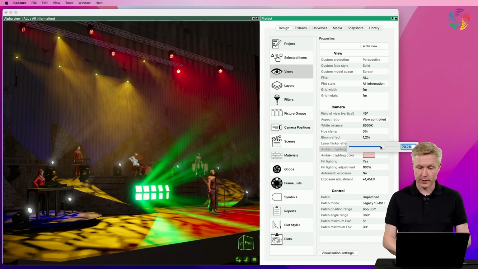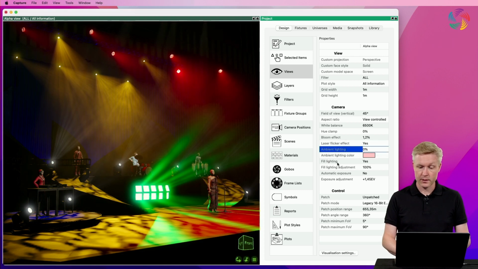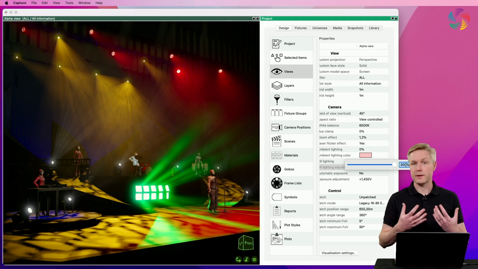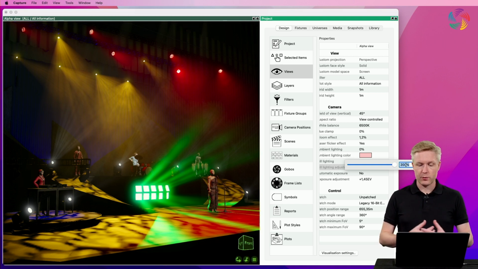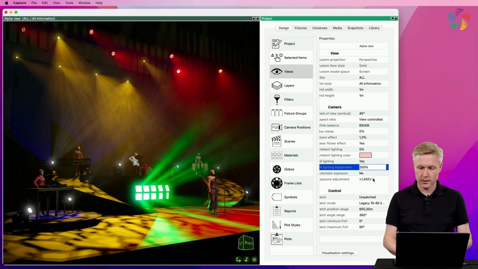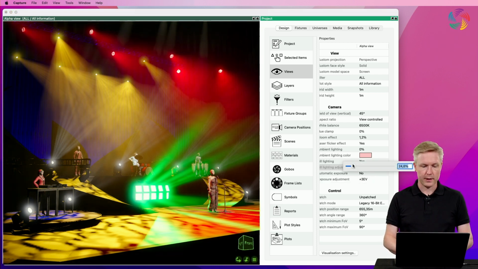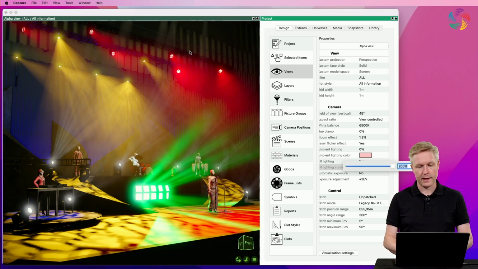I'm going to bring that down again in order to show you the next feature, which is the fill lighting. Now, fill lighting is an effect that simulates indirect lighting. And what happens with fill lighting is that as you're turning fixtures on, there is a small amount of ambient lighting contributing to the scene, which follows the lights you have. This is best seen if we turn up the exposure to max and then toggle the intensity of the ambient lighting. So you can see the lighting up on the curtains here,